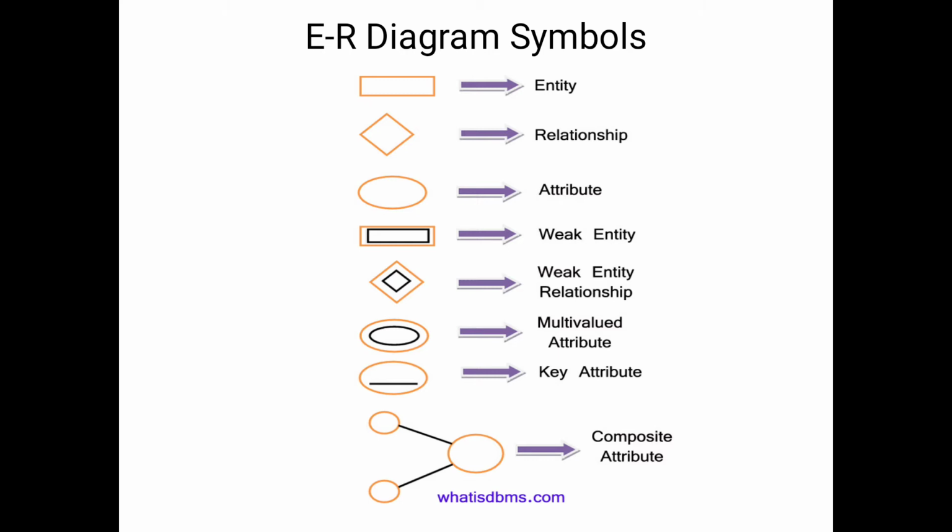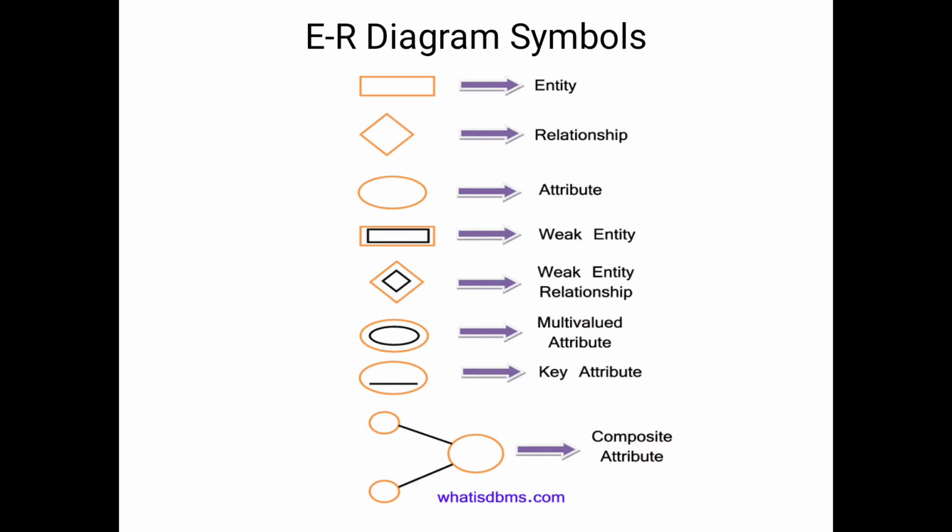Okay, so suppose please give me your address. At the time of address, we will ask what is your permanent address and present address. Okay, so more than one answer is available. In that situation, we are using the multi-valued attributes. In the circle, if underline is denoted, then that is considered as key attribute. We will give the first preference to that attribute.